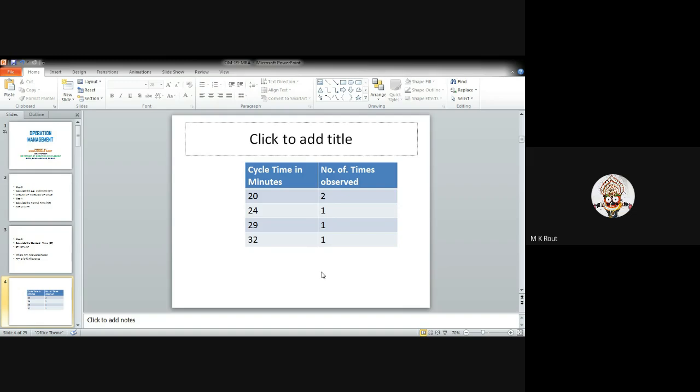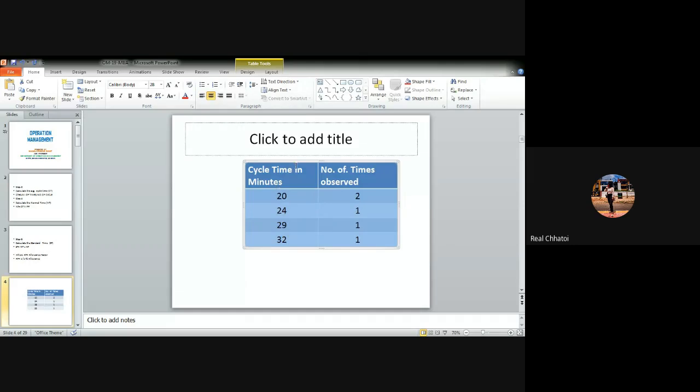Is the table finished? Yes, sir. Okay. Under that, I don't calculate the standard time